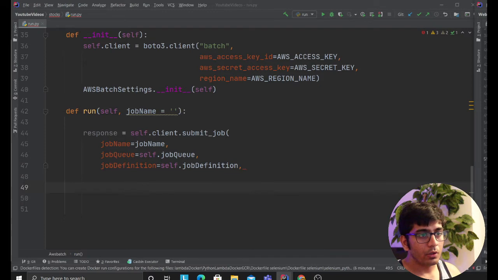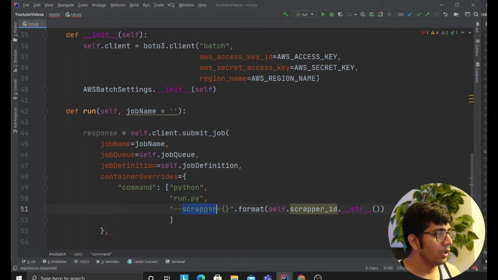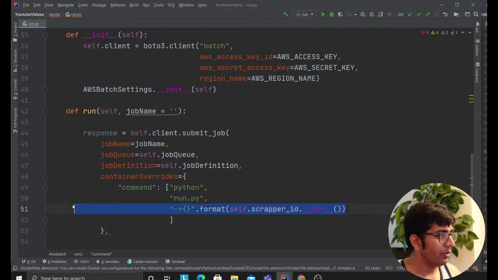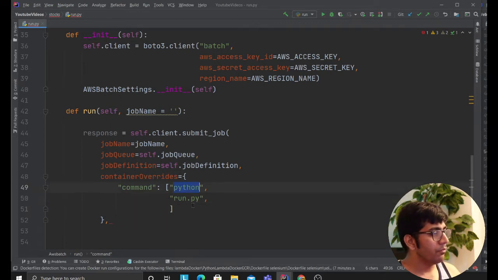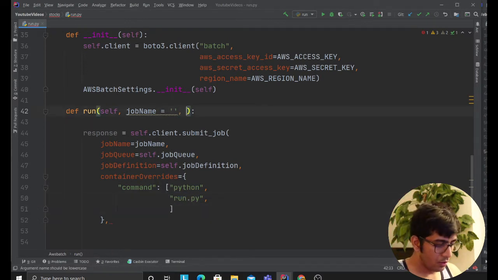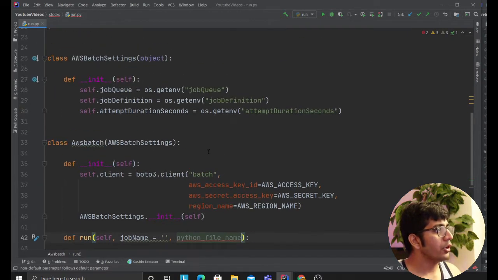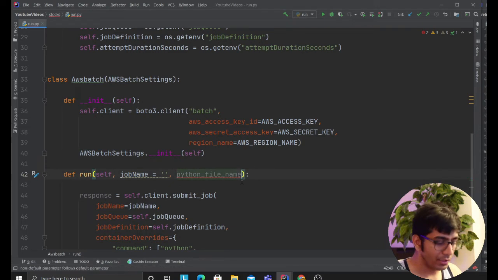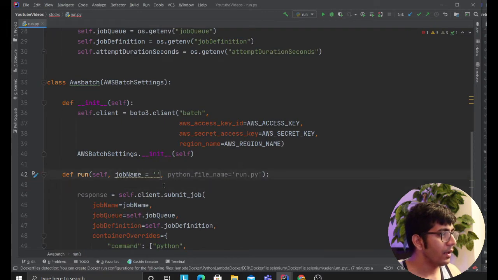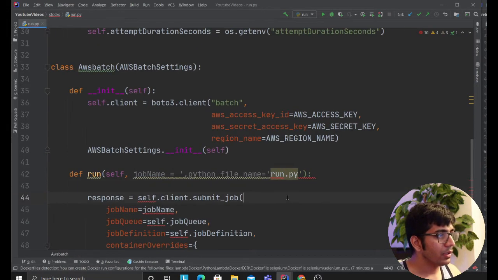Now, one thing I would like to show you here is something people struggle with: how do you pass arguments to this, right? If you're running a Python file, you would say the word python, and then whatever the name of the file would go here, for example, instead of hard coding. Or remember, if you want, you can code it here also in the settings class. That's also fine. So now let's say you have a file called run.py, right? You want to run that. That's how you would pass arguments.